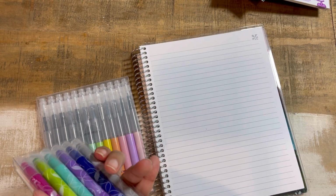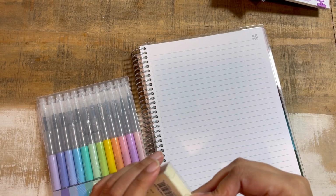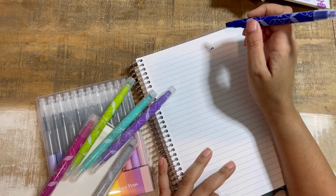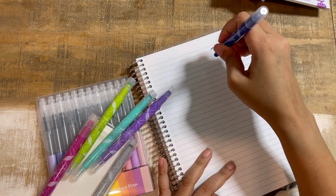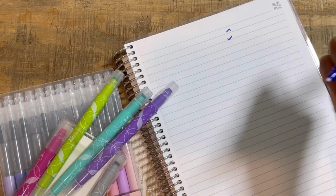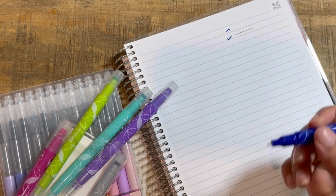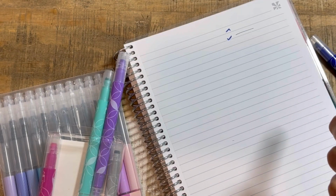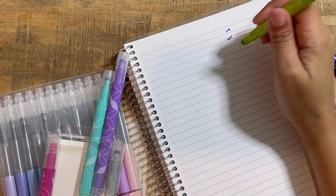So this one, where my other one has a different symbol for each one, this one is not that. I don't even know which way I'm heading. There, I did it the right way. All right, and these are dark markers, by the way, friends. These are dark. So if you're not using EC paper, I would be cautious. EC paper, that's